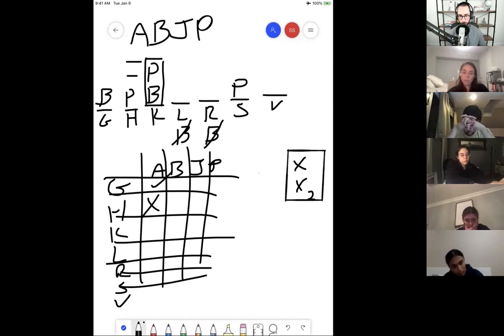100%. Gotcha. It looks like Madison did the reversal of this, where she put A, B, J, P along the Y and G, K, L, R, S, B across the X-axis. And that could work also. Again, that's arbitrary. Yeah, it is the same thing. And Matthew's making a point that if you like this style, a grid or graph paper might make it a little bit easier to save time so that you're not drawing all the lines. Graph paper is allowed, lined paper is allowed. If it helps you stay organized and keep it clean, that could work.